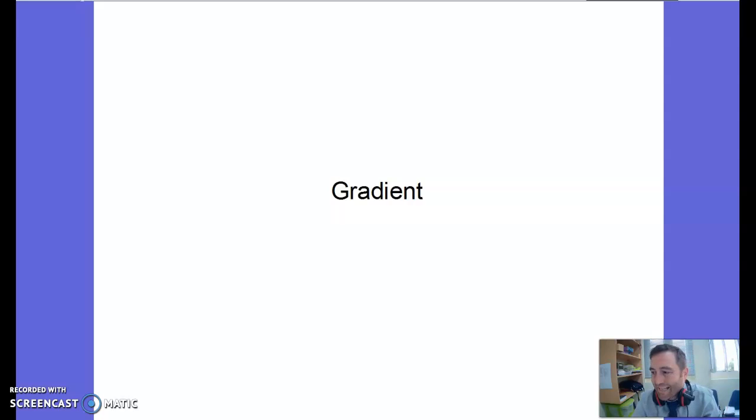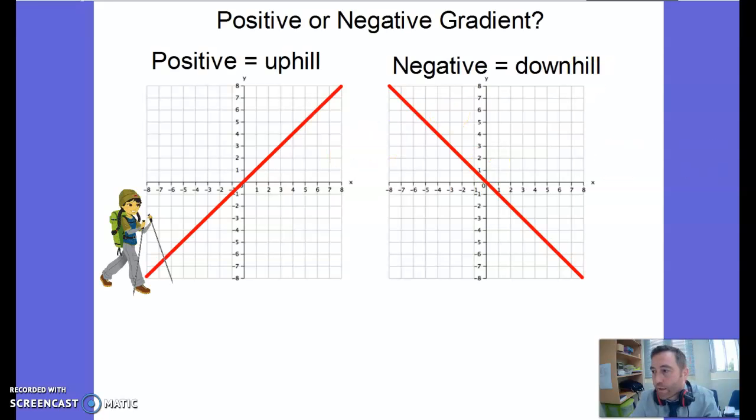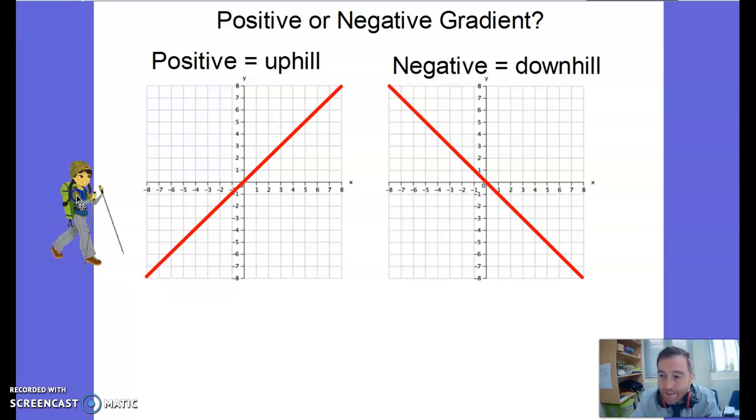Alright, looking at gradient here in this tutorial. Gradient, also known as slope, perhaps, and it's about the steepness of lines. Now, we can have positive gradients. So if you imagine somebody walking up a hill, reading left to right, as we read in English, going